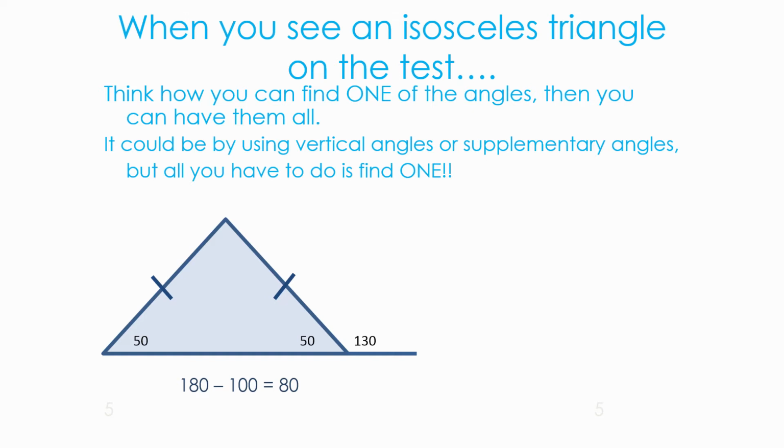100 subtracted from 180 is 80. So the unequal angle is 80 degrees. All right, let's try a different example. Here's a triangle